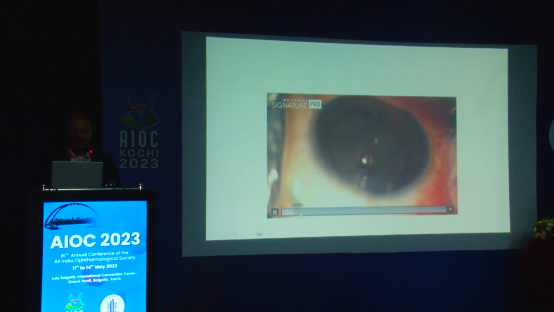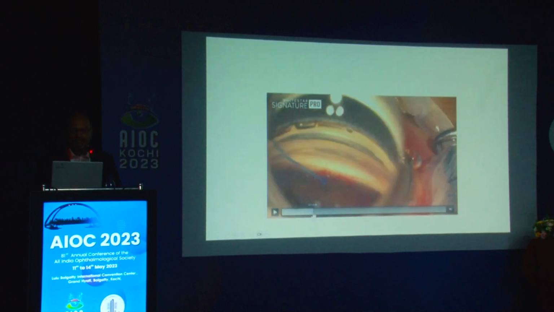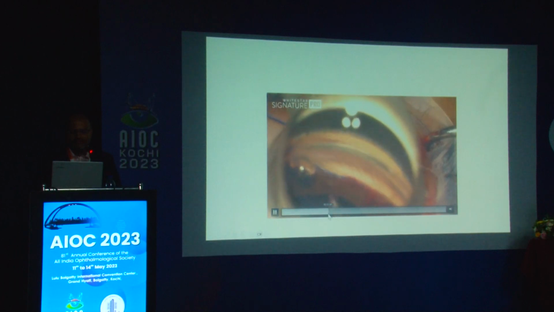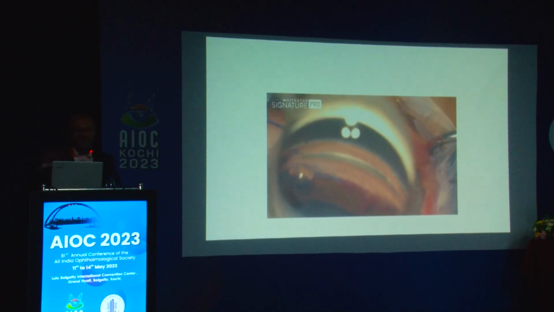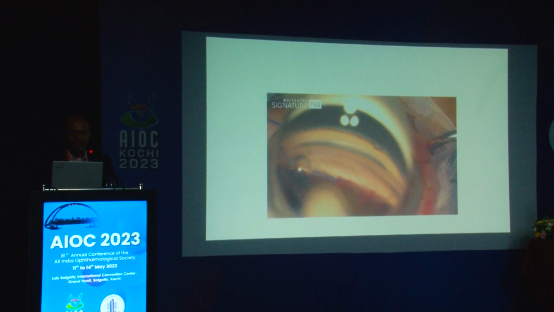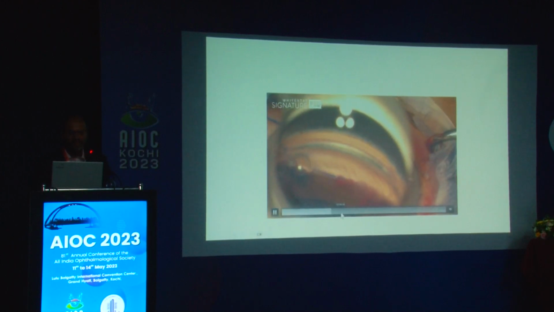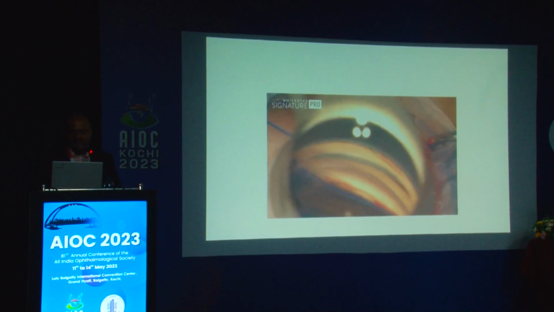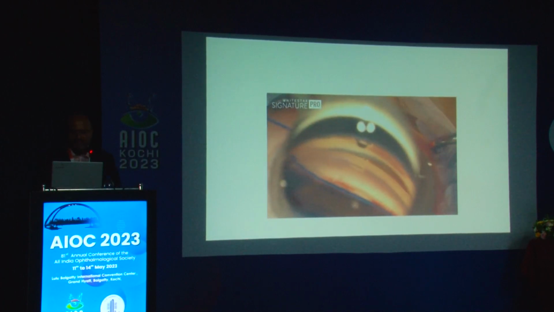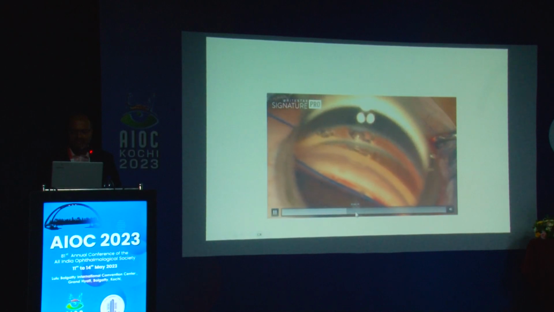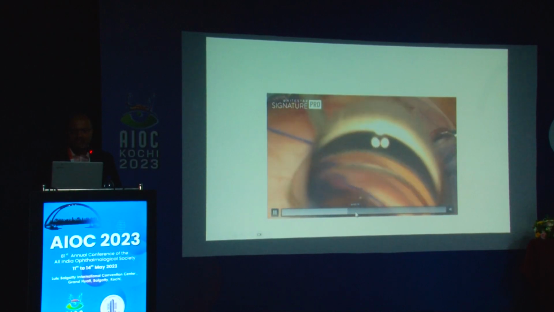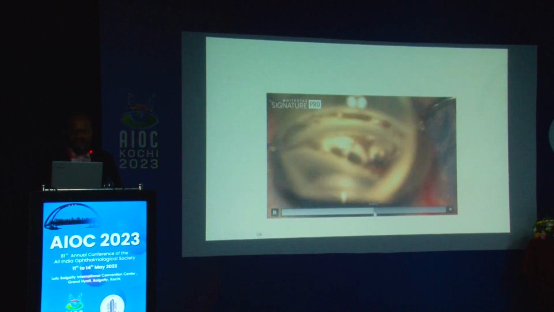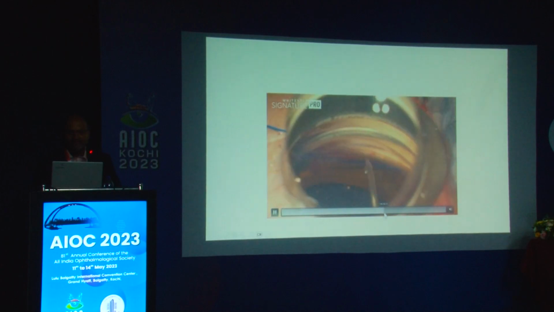Then after this, I'm going in the reverse direction in the same patient. And I find that it's gone into the sulcus. It's going in very smoothly. It's made a passage and it's gone into the sulcus. It's not in the anterior chamber, and as I'm pushing, I don't feel any resistance. So because of that, I come out again. I clean the eye, wash the eye, and then I do it